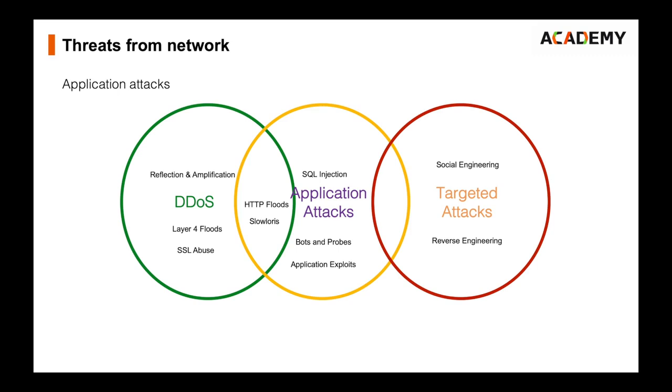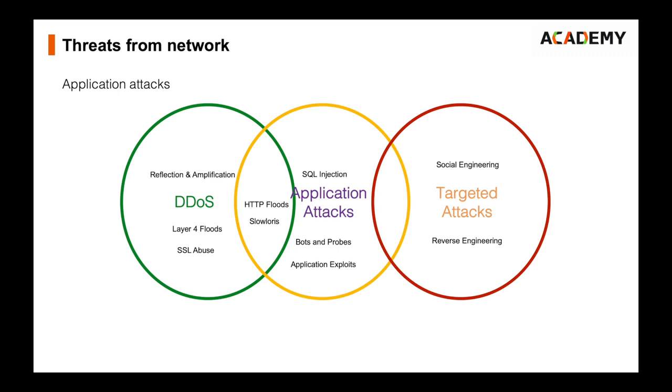Application attacks require more knowledge of the target. So if you're an attacker and you want to carry out an application attack, you need to know what software is running on the server you want to attack. You need to know what types of attacks it would be vulnerable to. But again, there are lots of toolkits if you're an attacker that can help you get that information and launch some types of attacks in a fully automated way. Web Application Firewall is primarily designed to help you deal with this middle circle in yellow,